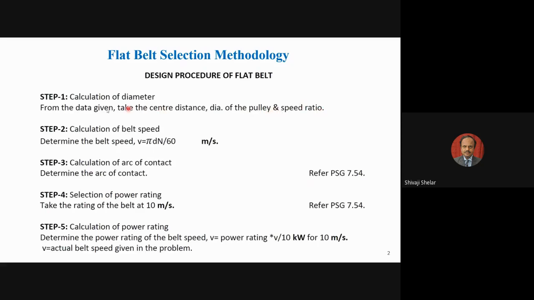Once you decide this step, next step is calculation of belt speed. So this I already demonstrated, how we calculate the belt speed. So we are assuming there is no slip between the pulley surface and the belt surface. So whatever is the speed of the